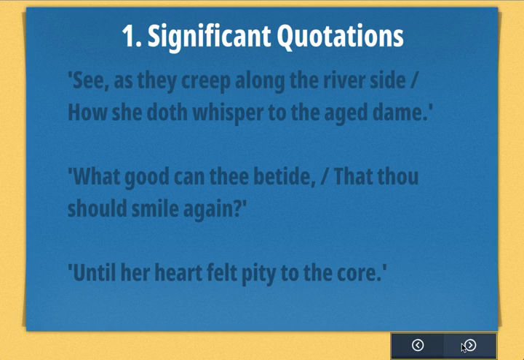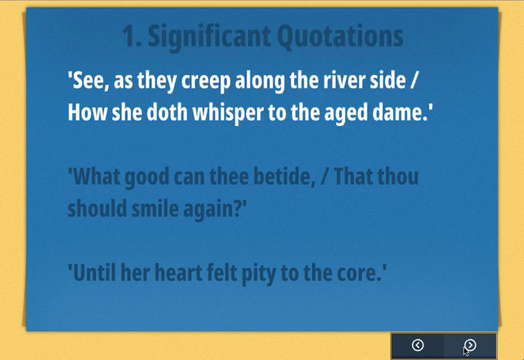And there are a few significant quotations that we can look at that will help us. So this first one here is interesting. We hear that intrusive voice of the narrator directing us to picture the two: "See, as they creep along the riverside, how she doth whisper to the aged dame." So that does bring into play this idea that Isabella does have a companion. She does perhaps have someone to confide in, but again, we just wonder why Keats brings her in now,